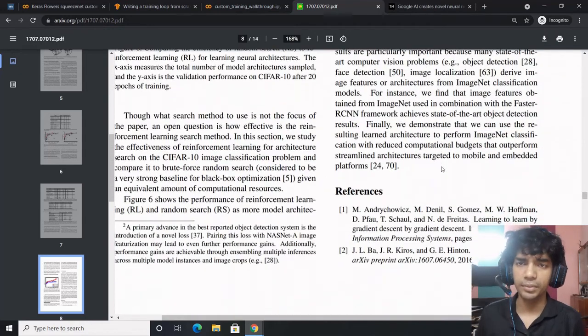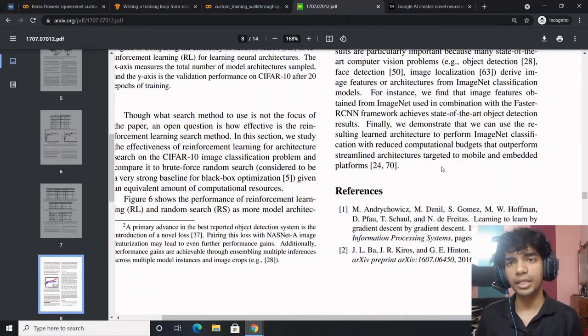The approach taken for this particular architectural design is absolutely unique in itself, given that it utilizes reinforcement learning amalgamated with an RNN to predict the next layer. By doing that, you build up one of the best architectures. So this is pretty amazing.